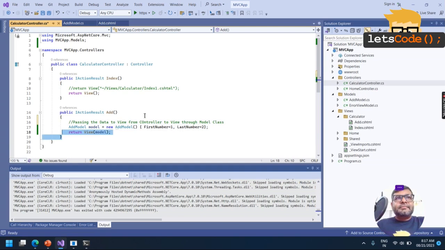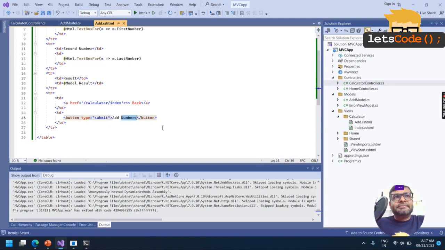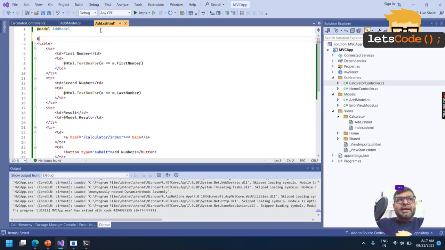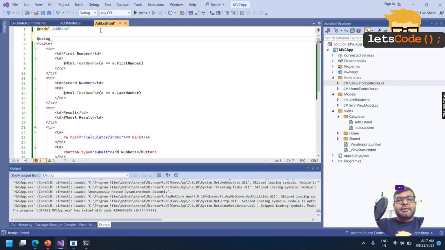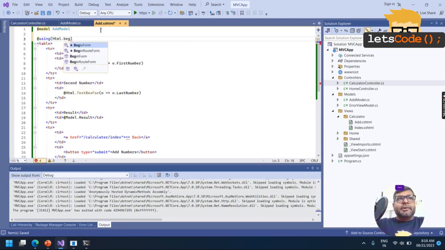Next, our intention is, when the add button is hit, the add numbers button, we want to do first number plus last number and bring the result here. For that I'll have to enclose it using begin form.